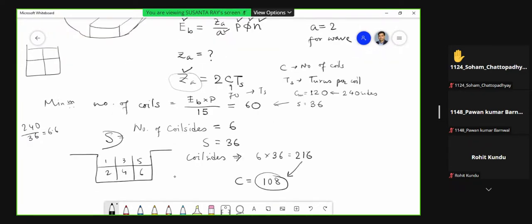Now, as per the constraint of the machine, you have to calculate the armature conductor once again, and that will be the actual value of armature conductor. Now you have to see what is the deviation, and there is a certain percentage of deviation which is allowed. Yes, sir. Got it. So from the rest of the calculation, I will take this actual value only. Yes.